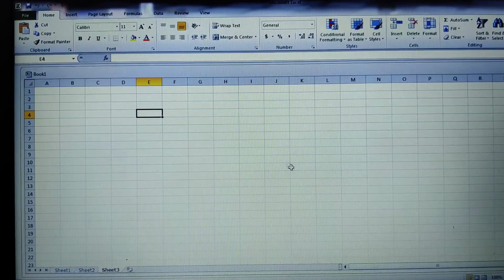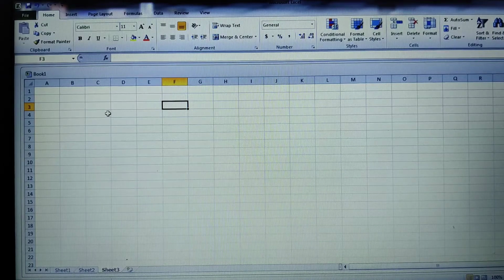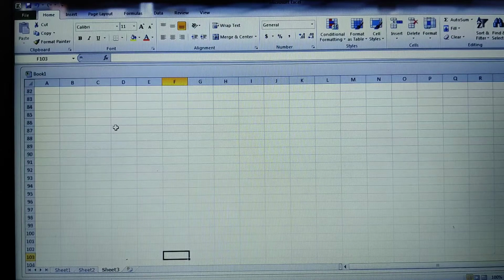Now, as I said, the spreadsheet consists of rows and columns. Then how many rows and how many columns are there? If you observe, this is the first row, second row. This is the first row entirely. This is the second row, third row. So how many rows do we have? The rows are usually represented by numbers, from 1 to 10,48,576. If you carefully observe here, we have 1 to 10,48,576 rows, which are represented with numbers.